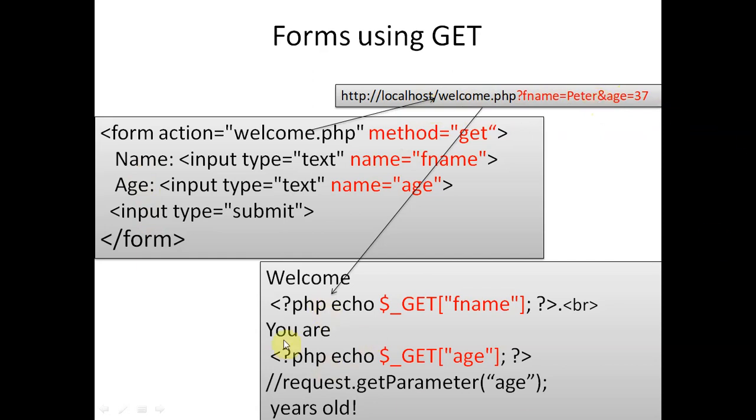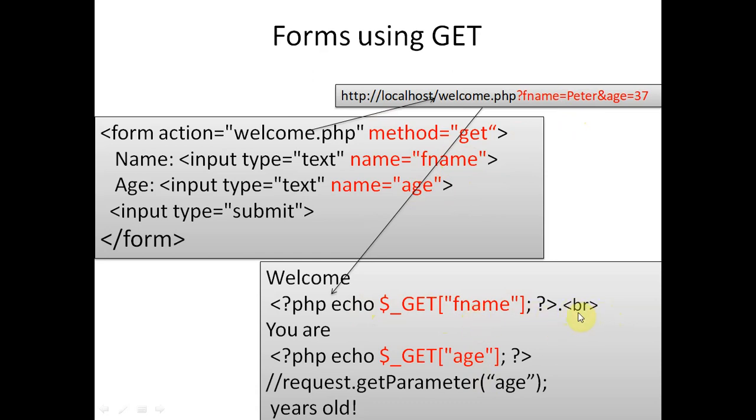And in the second program, the difference is that in place of post we will write underscore get. So this is question mark echo. First of all, we have given this string, and then question mark php echo $_GET. By using this $_GET, we will access the value of the first variable, name, and the value of name is Peter, which we have typed in the text box. So echo will display the value Peter through the server.